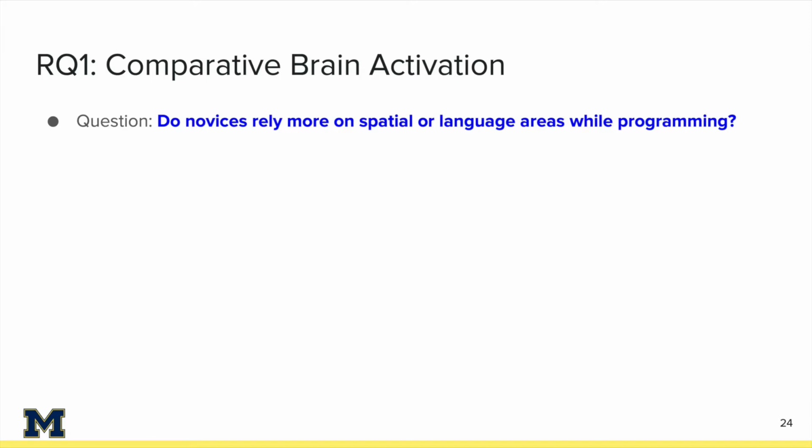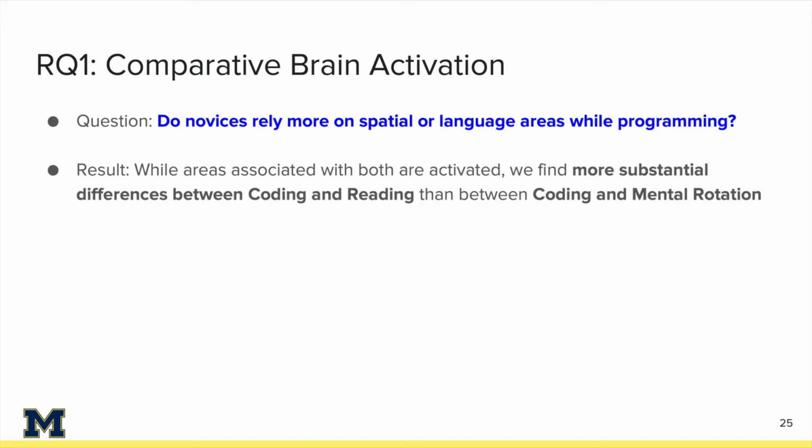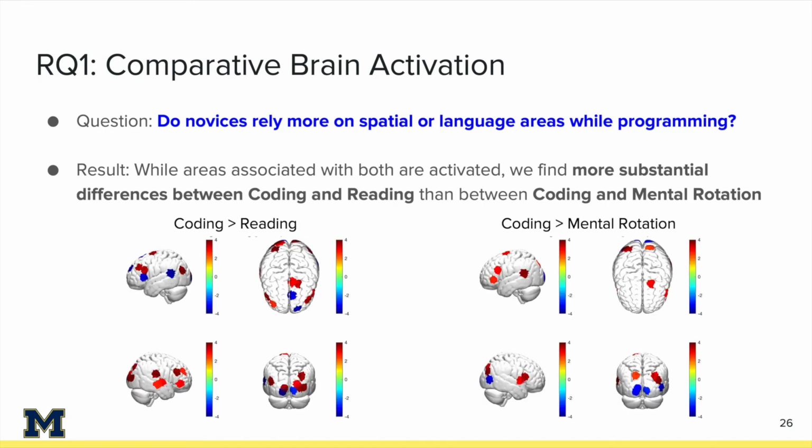So for our first question, do novices rely more on spatial or language areas while programming? We found that the answer is that novices rely more on spatial areas rather than language areas. Specifically, we find more substantial differences between coding and reading than between coding and mental rotation. To help visualize this finding, here are some color-coded heat maps that highlight relevant brain regions with coding versus reading